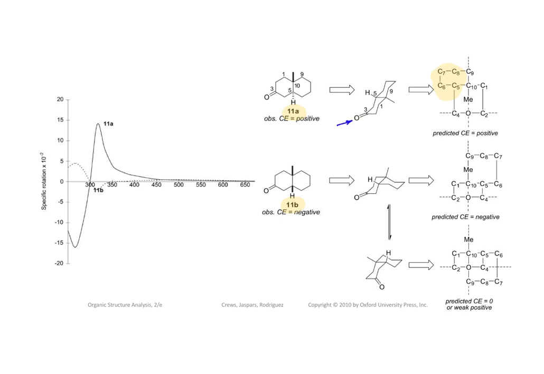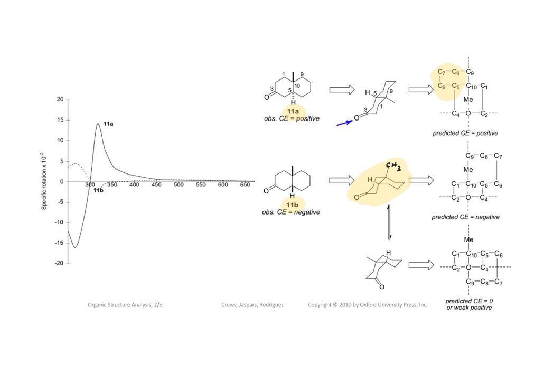So we can actually use the evidence of the sign of the Cotton effect, especially if we already know the fundamental stereochemistry of the structure, to determine what is the favored conformer of the structure. For the cis-fused bicyclic ketone, the conformer that is shown here with the methyl group axial relative to the